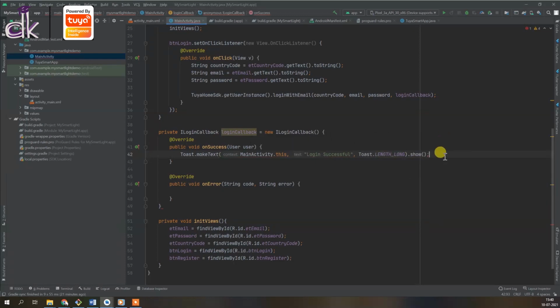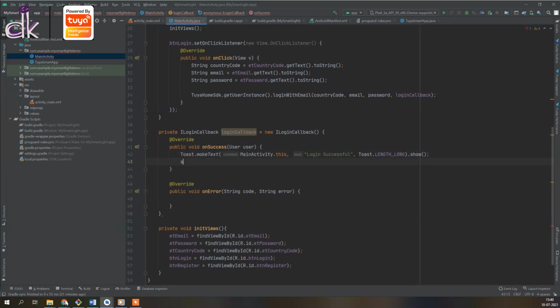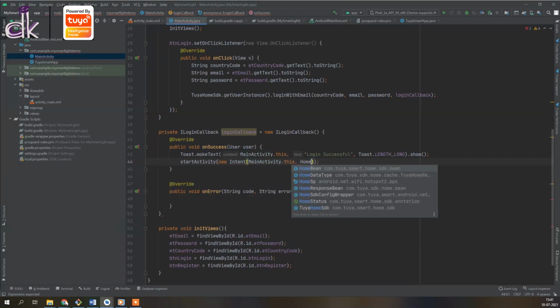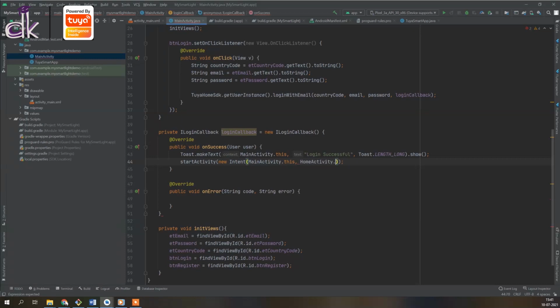Okay, I have a toast which says login successful, and then I'm going to direct the user to my next app, and I'm going to call that as the home activity dot class. Now note that since it's not created, it's going to throw an error, so I'm going to now comment it for now. Just copy this toast message and add it under the error if the login fails.